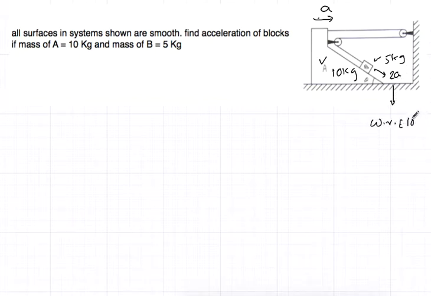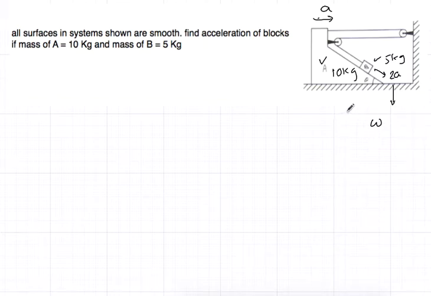That means we are going to use a non-inertial frame, because 10 kg is a non-inertial frame. Why is 10 kg a non-inertial frame? Because it's moving with respect to the earth, which we are taking as an inertial frame. So pretty interesting problem. Let's see what we can do with this.